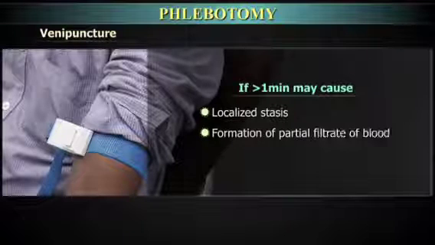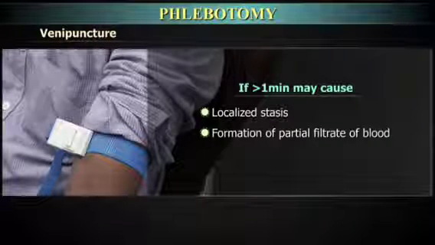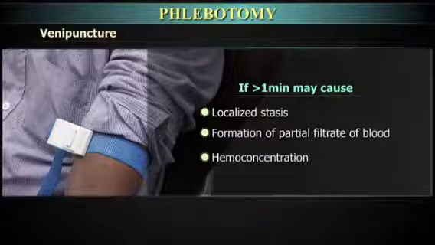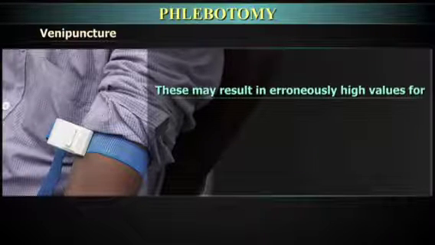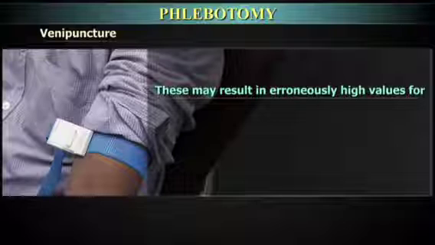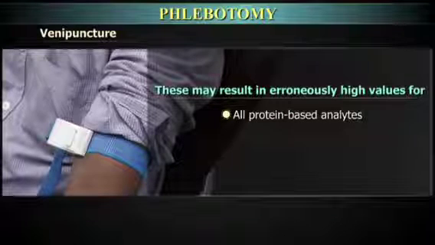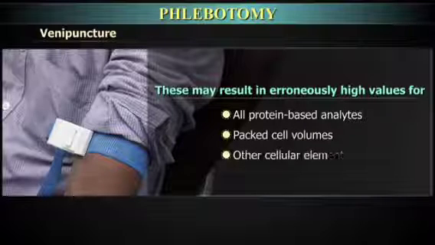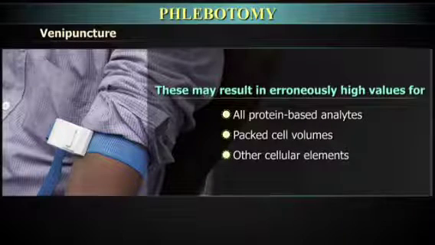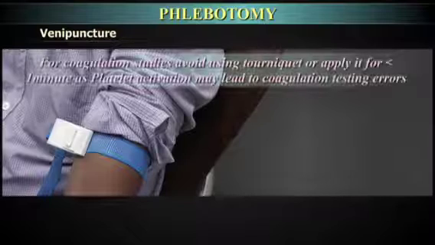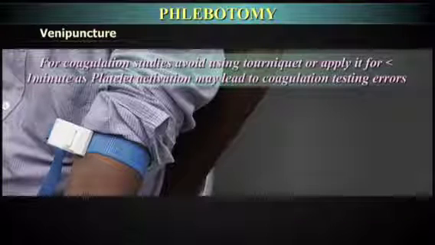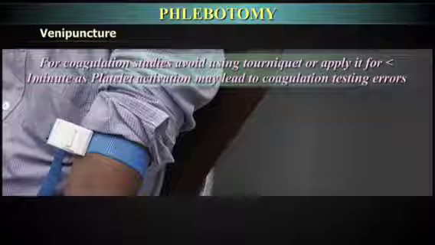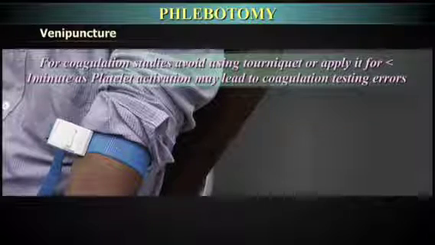stasis, formation of a partial filtrate of blood, and hemoconcentration. These may result in erroneously high values for all protein-based analytes like packed cell volume and other cellular elements. For coagulation studies, avoid using tourniquet or apply it for less than 1 minute, as platelet activation may lead to